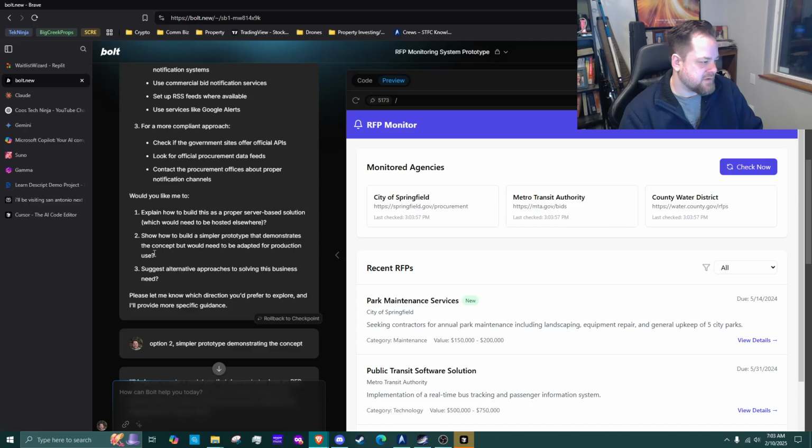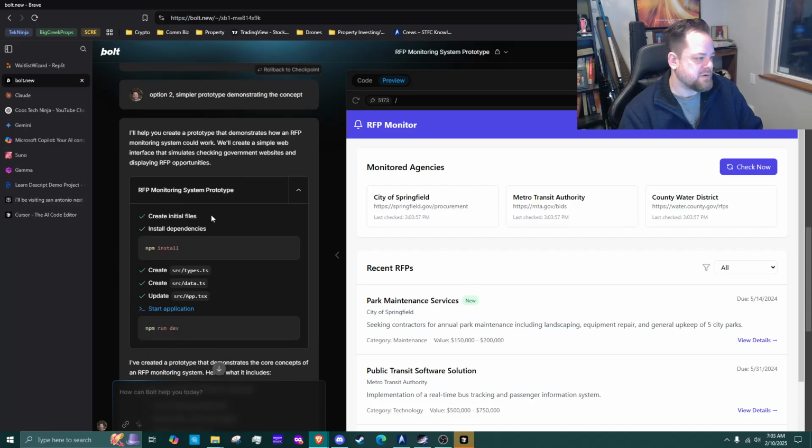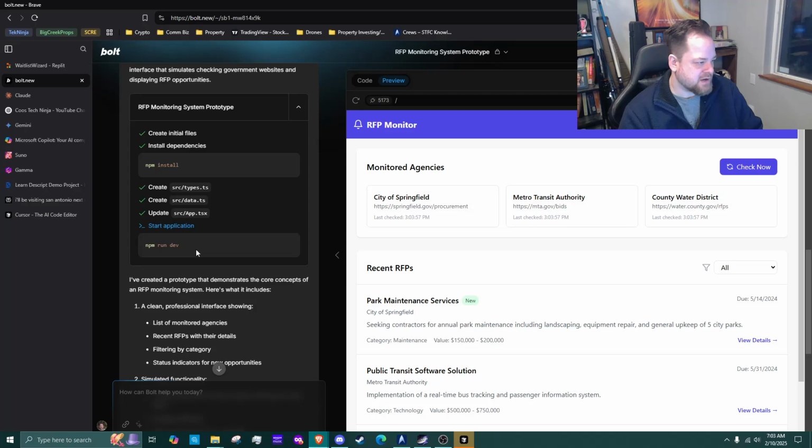So here it gave me some options for where we wanted to go from here. And I said, well, let's just build a prototype that demonstrates the concept. So it built all these different documents and pieces of code to essentially build this little app that is saying we're monitoring these different